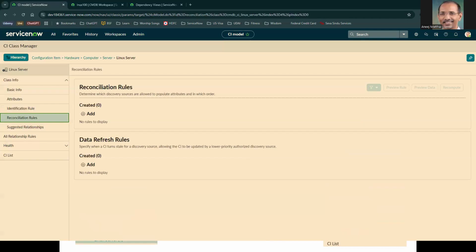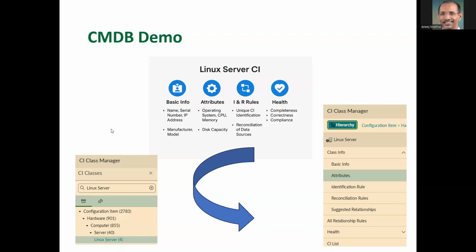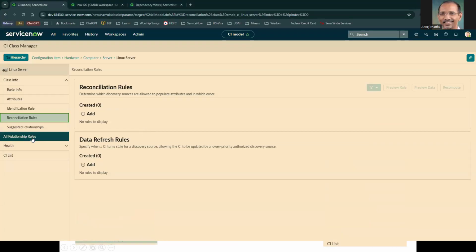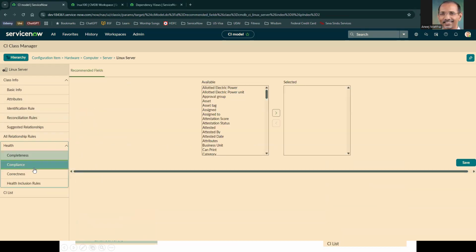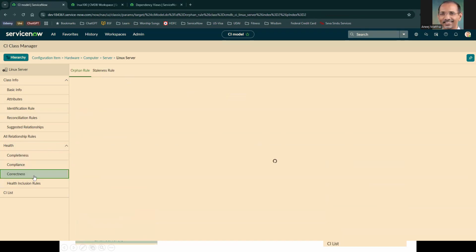Give me a minute. Okay. Finally, let's check into, give me a minute, sorry. Finally, let's get into this health related items. Now here we have completeness, compliance, and correctness. So completeness